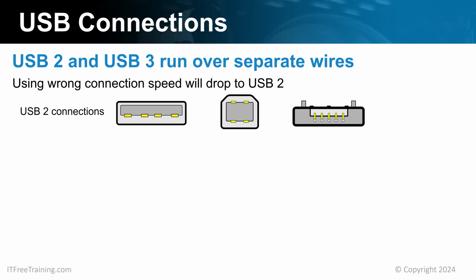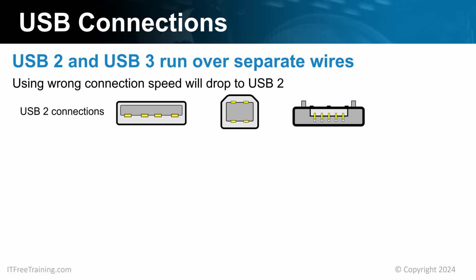Here you can see the yellow pins carry the USB 2 signal. The USB 3 connections are similar and in some cases will plug into a USB 2 connection. When this occurs, only the USB 2 wires will be used, and thus the connection can only use USB 2 speed. Since USB 3 in some cases can be used interchangeably, most USB connections, when they support USB 3, are